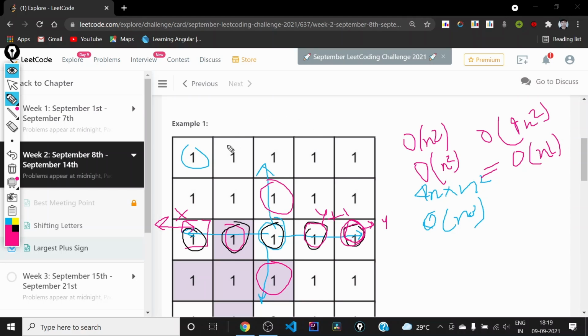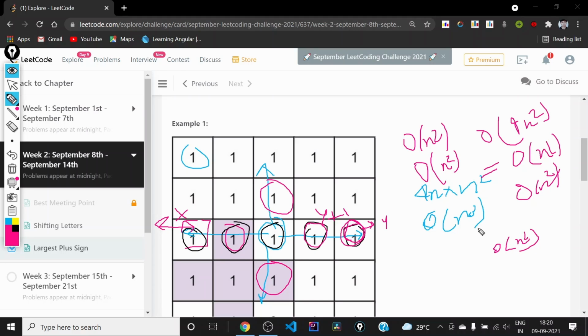And now in the end, we can check for each of the centers, and we can take the minimum of the left, right, up and down span of each cell to find the order of the largest possible plus at each cell. And this will be just an order one operation, because we will be only doing 4 iterations. And we can check for all these n squared cell centers, and this step will also take order n squared work. So the overall time complexity of this algorithm will be order n squared.